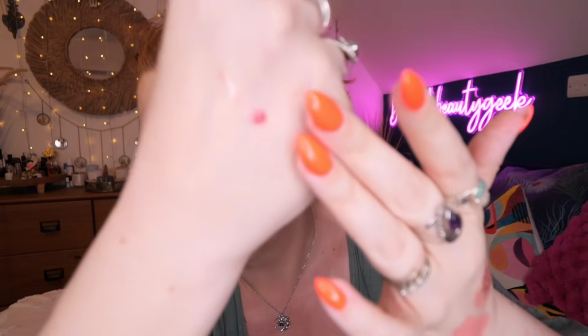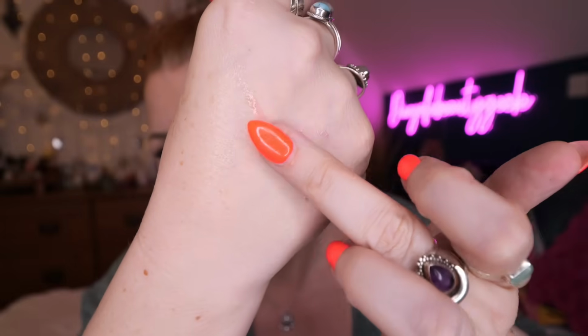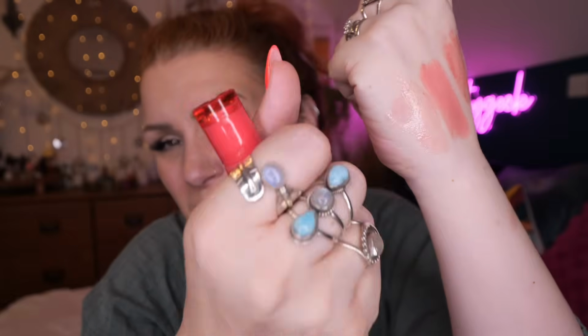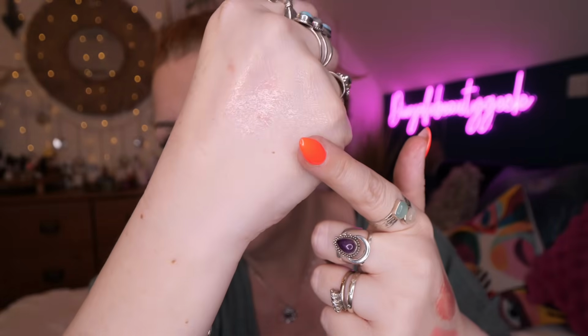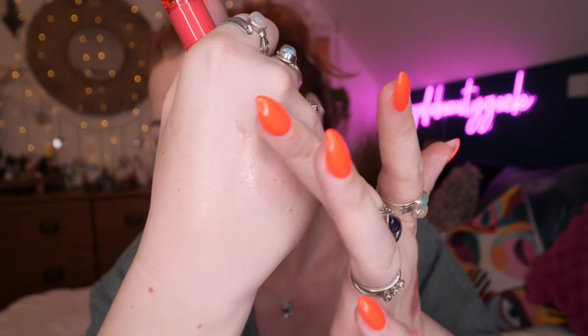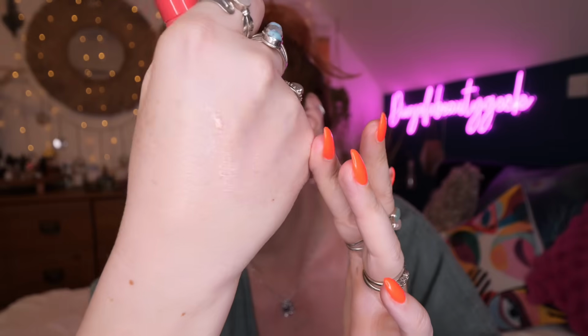What else have we got? We've got LANEIGE, and we've got a lip glowy balm in berry fruits. Received this in another beauty box. Possibly, maybe a Cult Beauty one, I can't remember. There. So again, another light tint. Very similar to the lip oil. It's a lip balm. So you've got the look of a lip oil, but it is a really nice moisturising